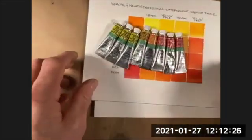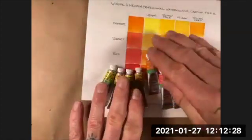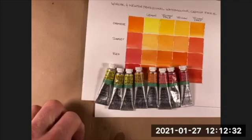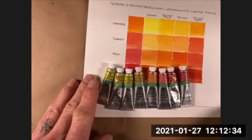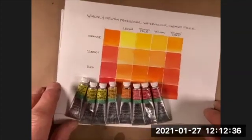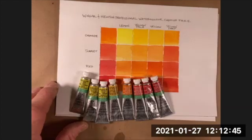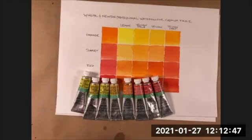So these are what we refer to, we came out in 2019 with our cadmium-free colors. So cadmiums are heavy metals, right? We know that they're heavy metals. They're actually a very whitish metal that gets mined from the ground, and through a heating process, you get yellows and oranges and reds. And we were actually the first as a company to come out in the